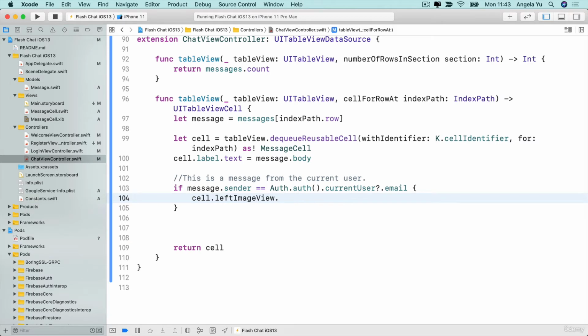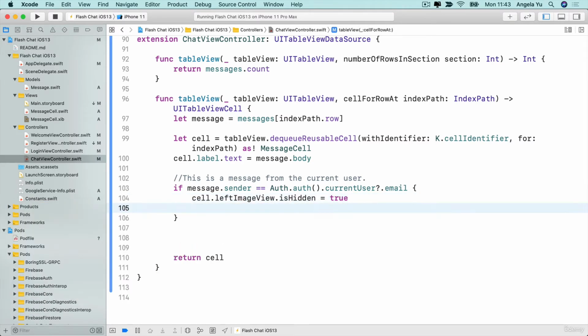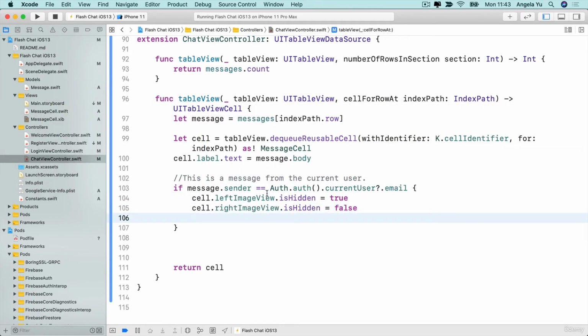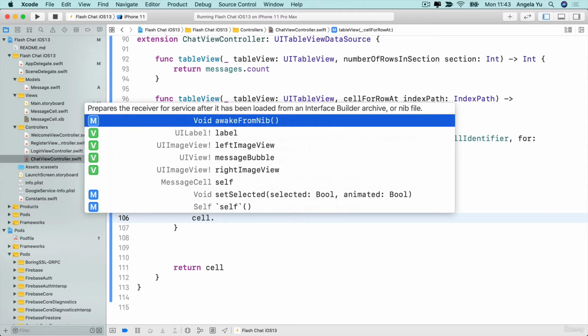cell.leftImageView.isHidden is set to true, and we're going to make sure that the right image view is not hidden. So let's change that property to false. So now we're displaying the right image view, but we're hiding the left image view. And we're also going to set the cell's background color to make it look a little bit different from the messages that we're getting from other senders. So we're going to say